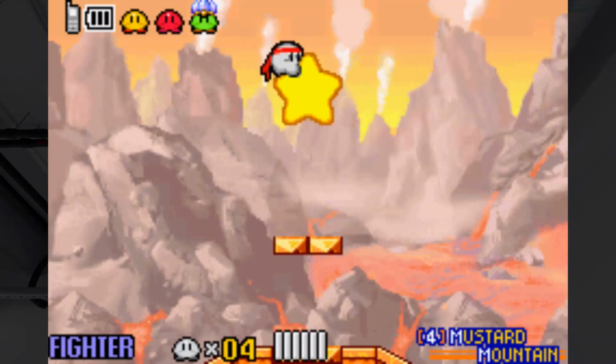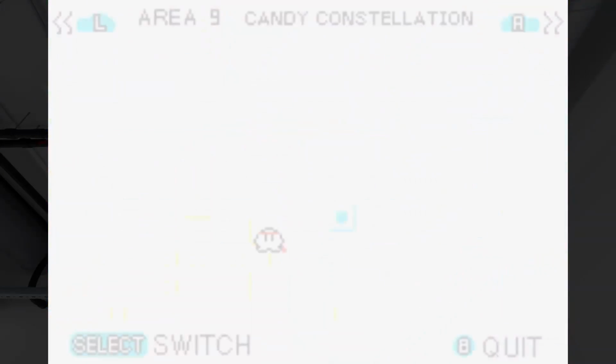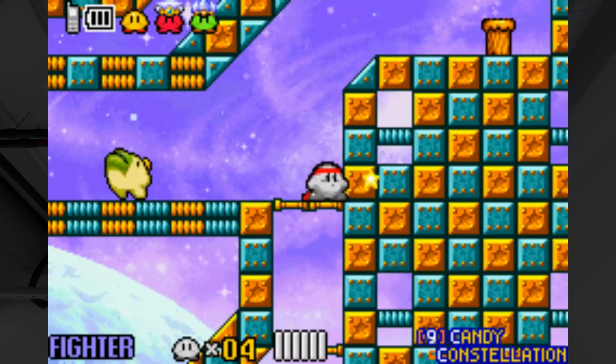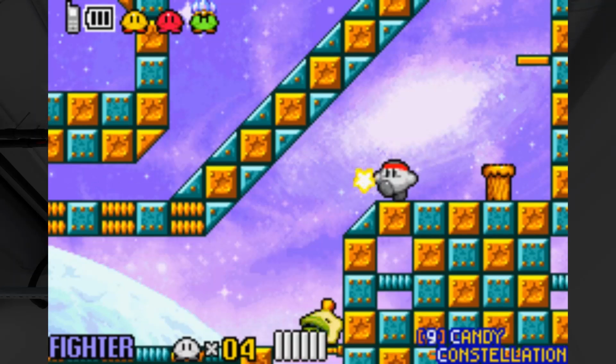Alright, hurry up. No one else is here. No one else is coming. I'm not calling anyone. I didn't want to come here. I already have a way into Candy Constellation. In fact, I think I'm just gonna leave. To be quite honest, I already have a way into Candy, so...